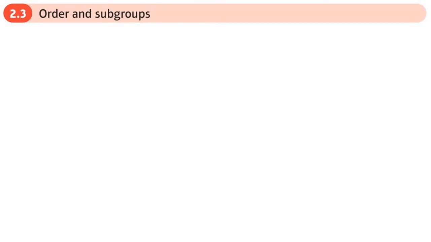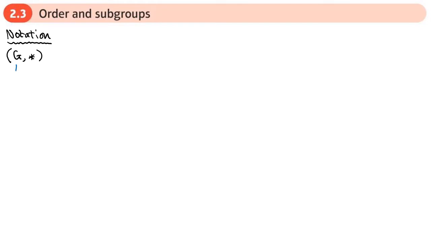This is the third section of groups, chapter 2 from FP2, and we're going to be looking at order and subgroups. Now, before we do that, I think it would be useful to go through some notation. So the first thing is this. So if you see this,